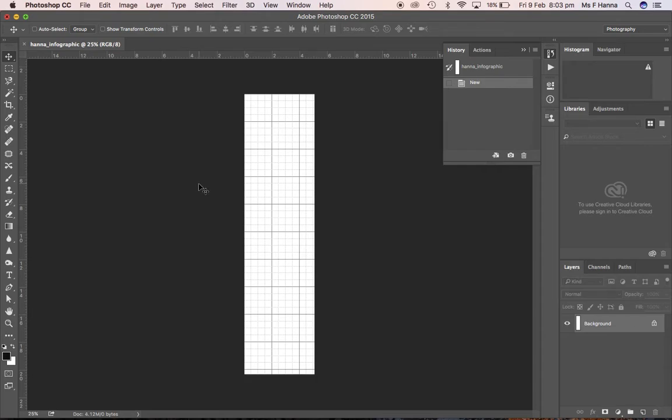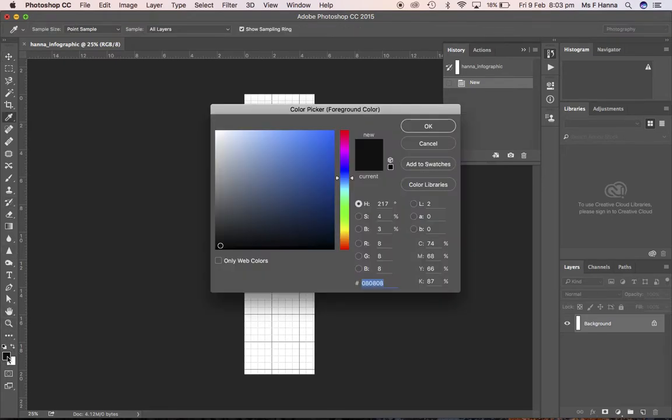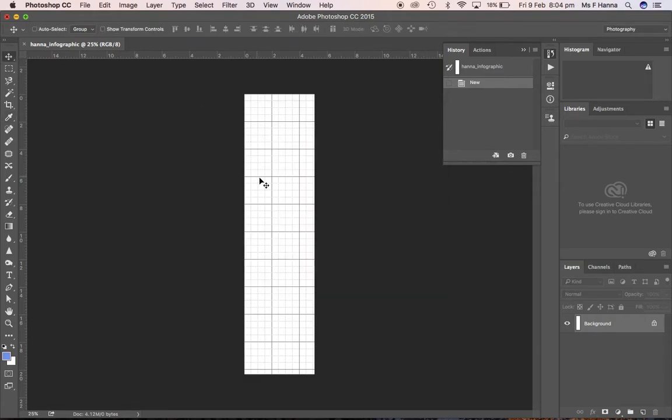The next step is I'm going to colour my background. Now, down this side of the workspace are all my tools. If I click on that here, I get a foreground colour picker. I'm going to pick a colour, pale blue, click OK,